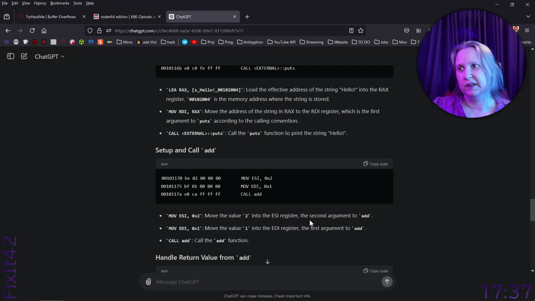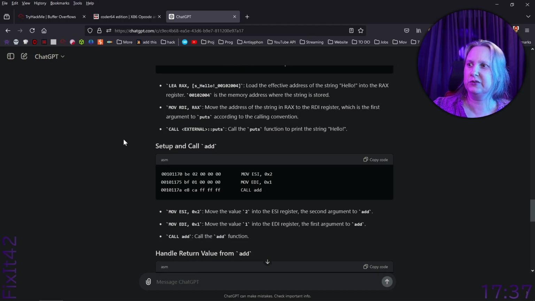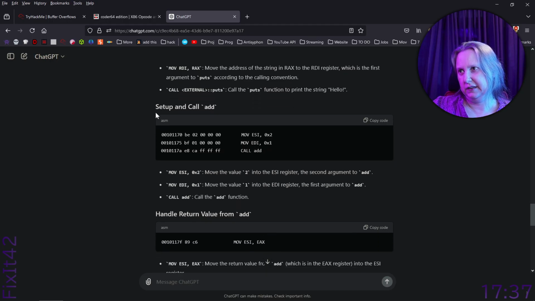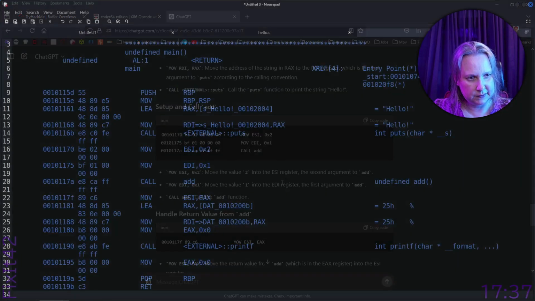Yeah. The question is why? I'm curious why the compiler made this change. Set up and call add. Move the value 2 into the ESI register. The second argument to add. Move the value 1 into EDI register. So ESI and EDI. If we hop back,